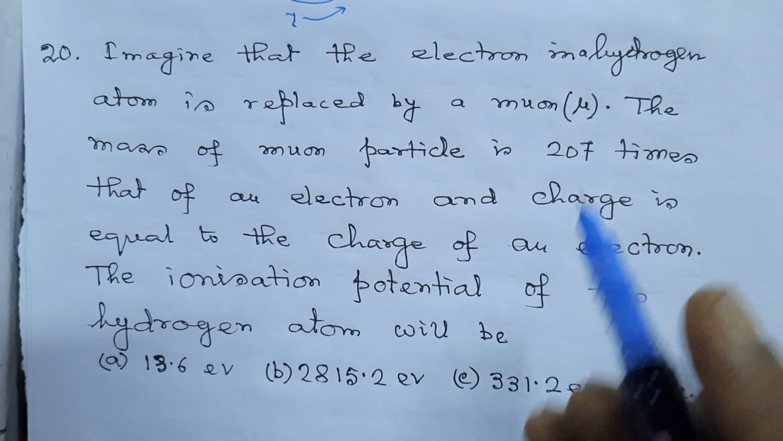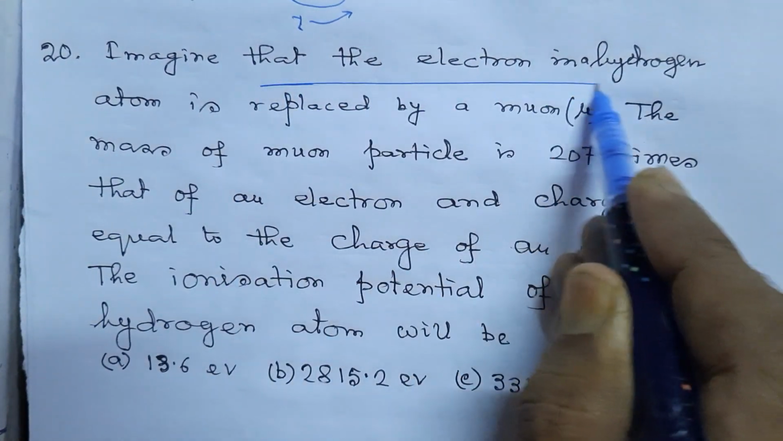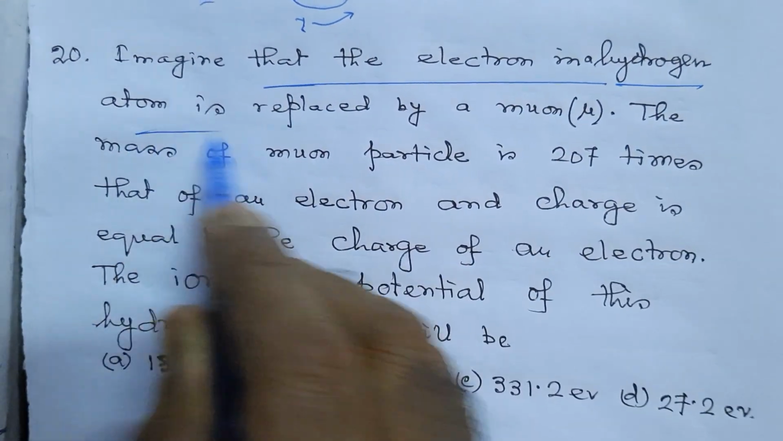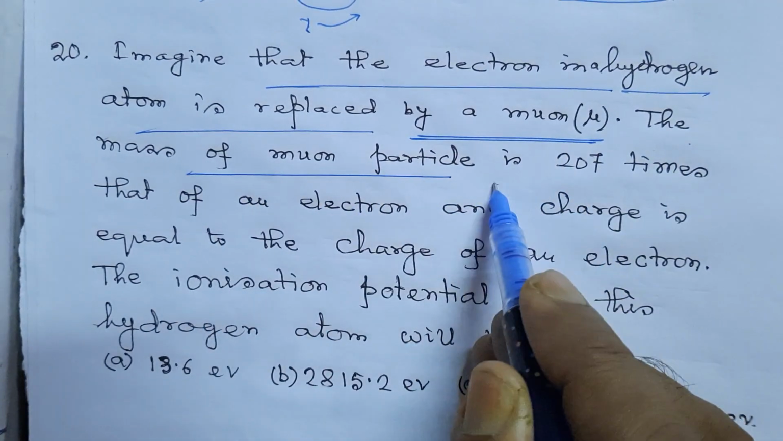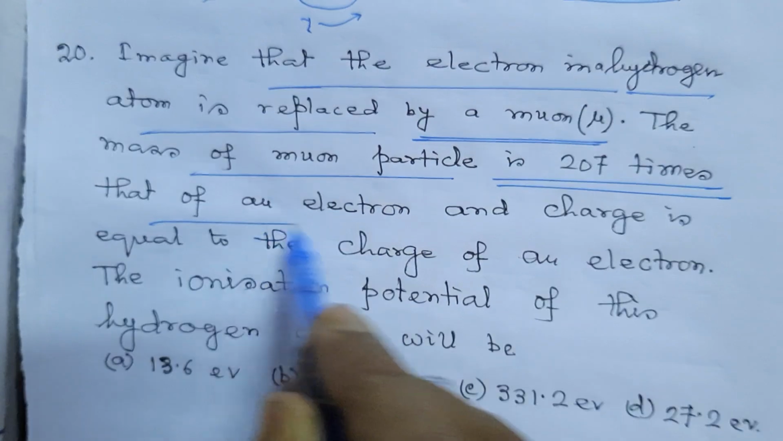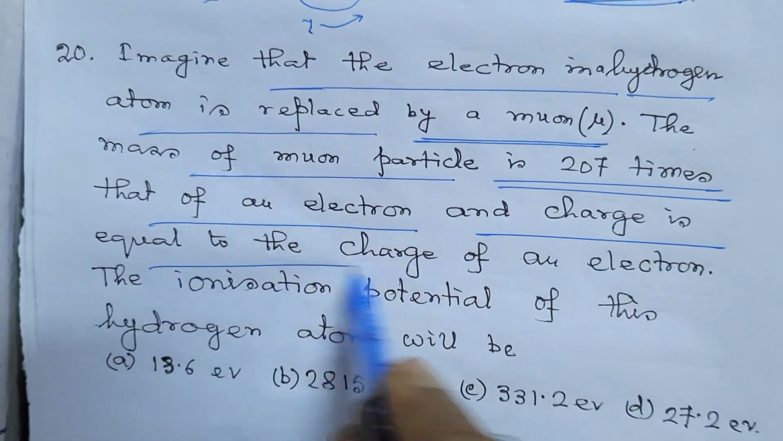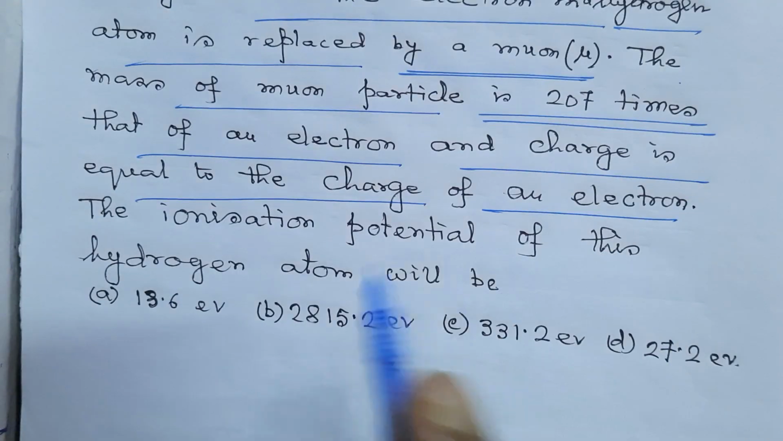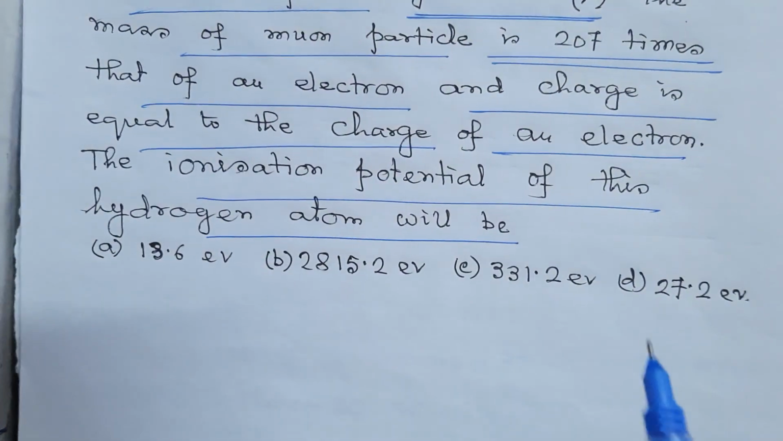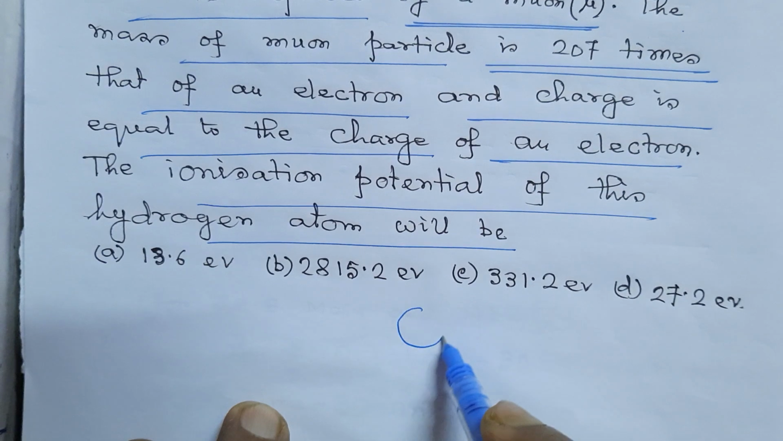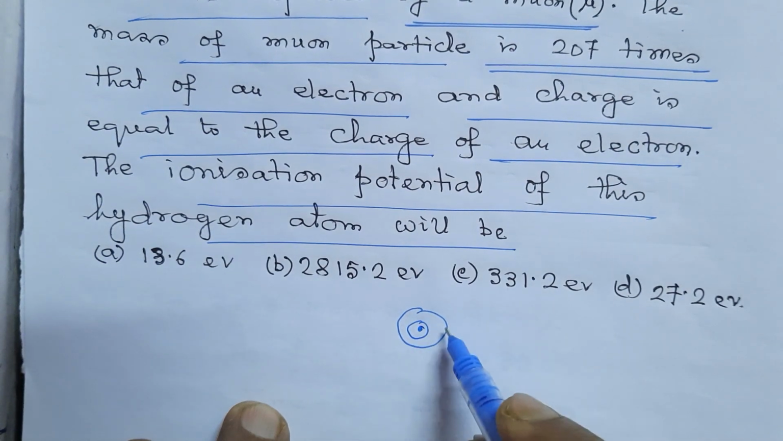Imagine that the electron in a hydrogen atom is replaced by a muon. The mass of the muon particle is 207 times that of an electron, and its charge is equal to the charge of an electron. The ionization potential of the hydrogen atom will be? Ionization potential of the hydrogen atom is